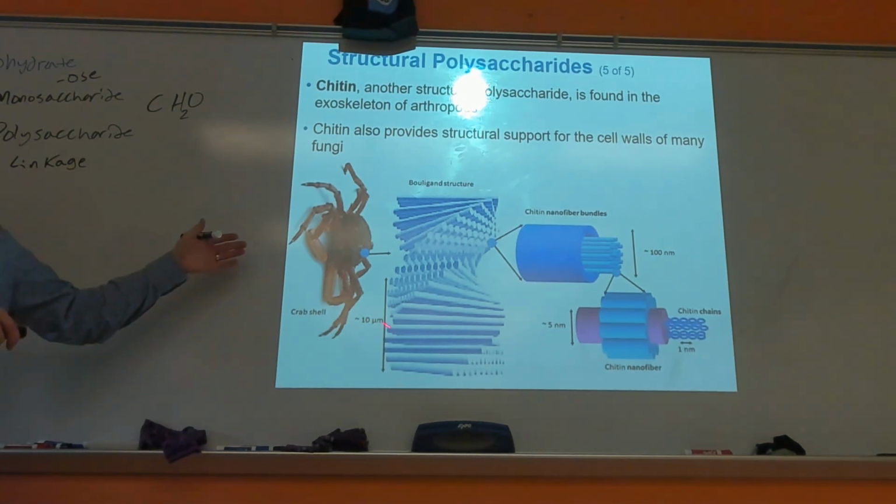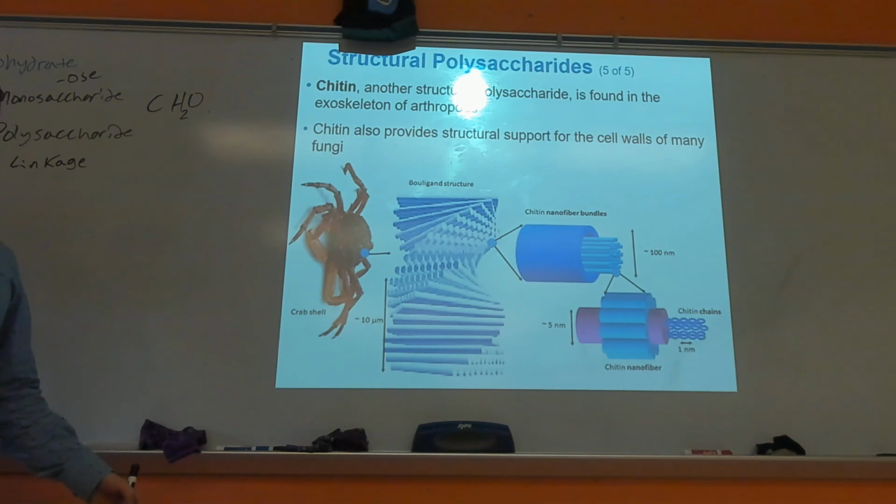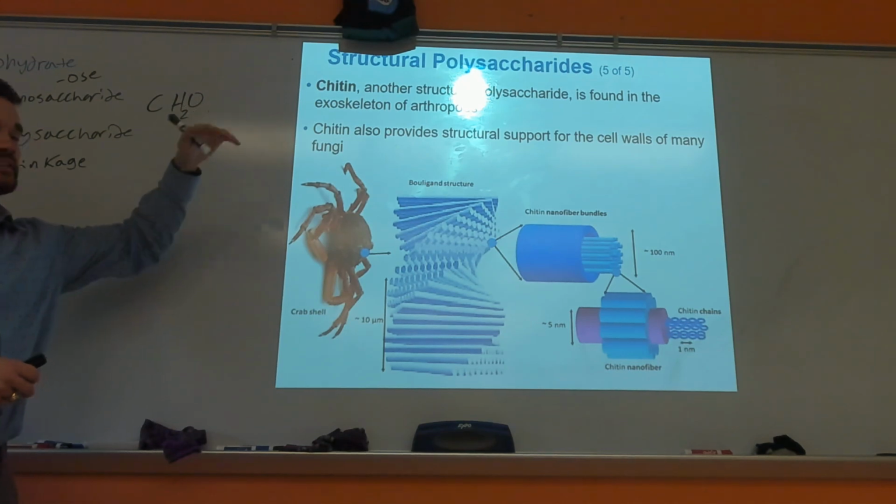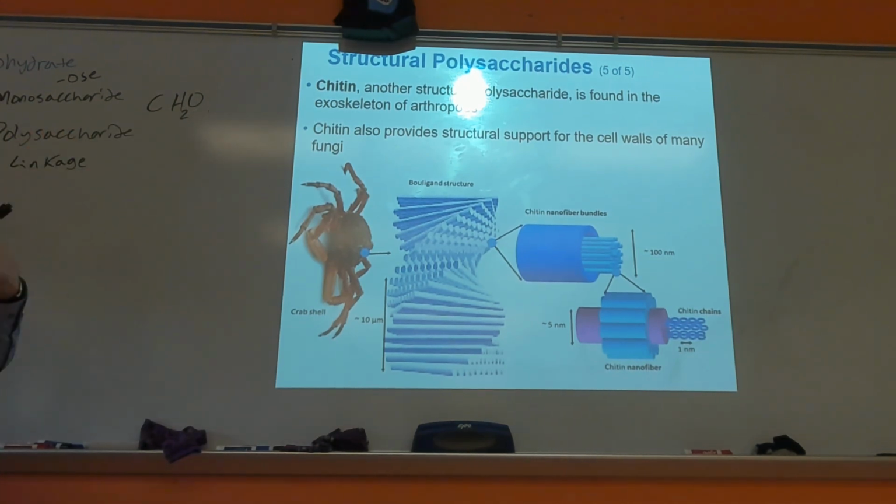I found this picture online if you wanted to see it in a little more detail. All I really need you to know is that chitin is in fungi and in your insects, your arthropods, just a different kind of structural polysaccharide. That's all you need to know about it. Don't need to know any of the detailed structural information. Even though it sounds kind of interesting. Learn more about it, but